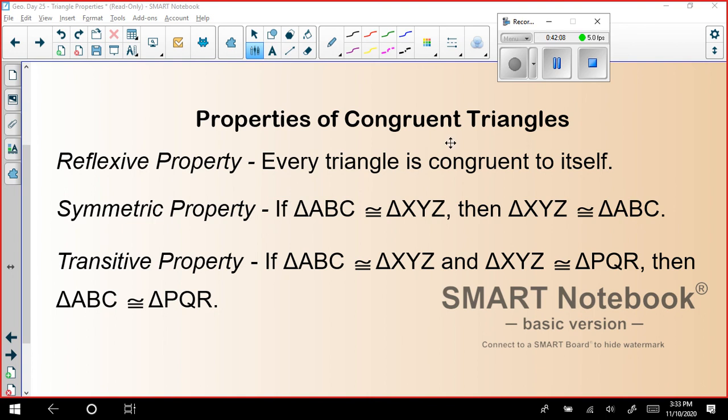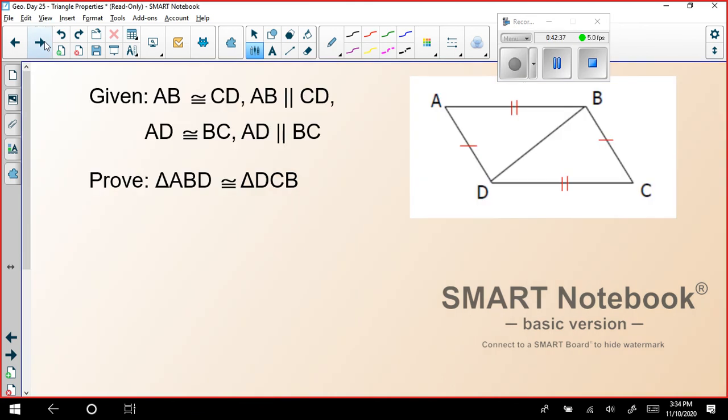By transitive property of congruent triangles, if triangle ABC is congruent to triangle XYZ and triangle XYZ is congruent to triangle PQR, then triangle ABC is congruent to triangle PQR. So the reflexive, symmetric and transitive properties will work even in case of congruent triangles. Okay. Let's see the last slide. We have a proof and then I'll give you time to work asynchronously. I will list out the statements once again, and I want you all to try to list all the reasons correctly.